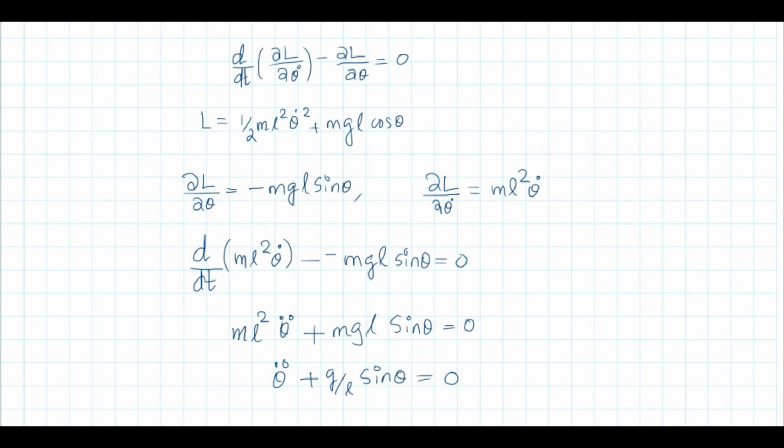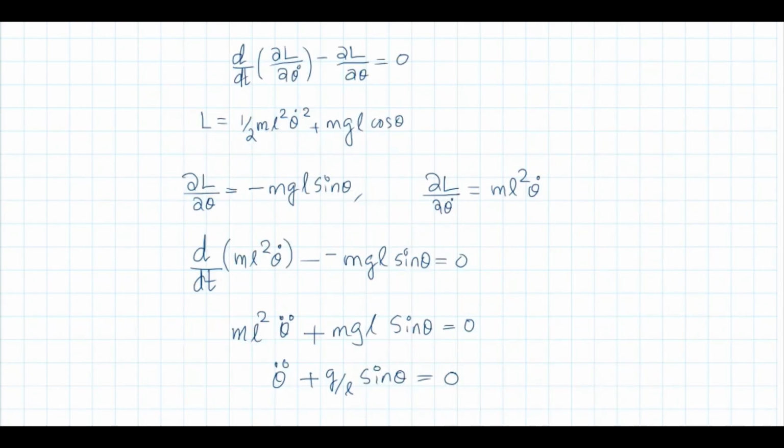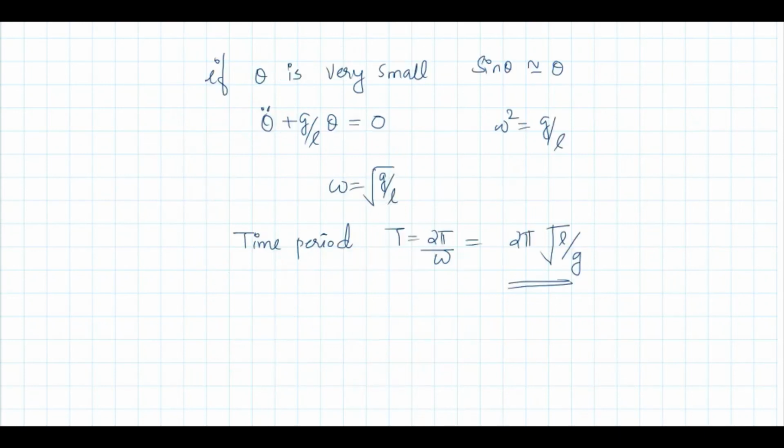This is the procedure for finding the equation of motion using the Lagrangian formulation in the case of a simple pendulum. Now, in order to explain the advantage of the Lagrangian formulation, I will give you the same problem using Newtonian mechanics. We will solve this same system using Newtonian mechanics in order to understand the advantage of Lagrange. Simple pendulum using Newtonian mechanics.